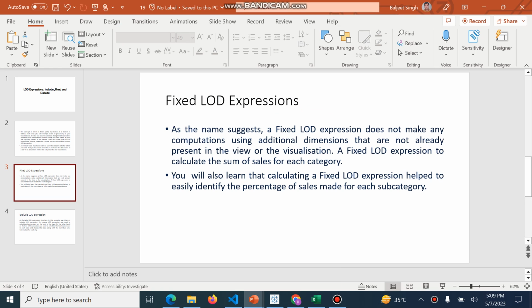with my new video, fixed LOD expressions. As the name suggests, a fixed LOD expression does not make any computations using additional dimensions that are not already present in the view or visualization. A fixed LOD expression is used to calculate the sum of sales for each category. You will also learn that calculating a fixed LOD helps you easily identify the percentage of the sales made for each category. So, with the same data set, we are going to use